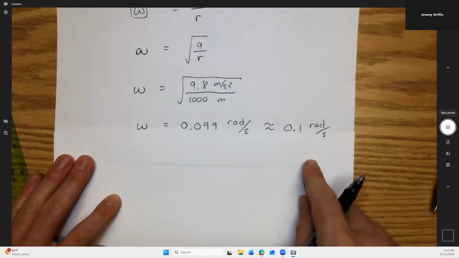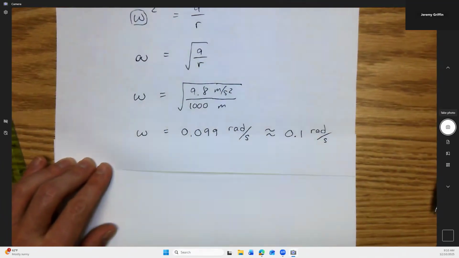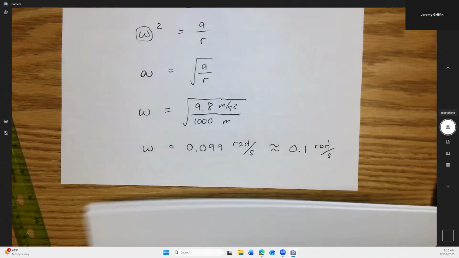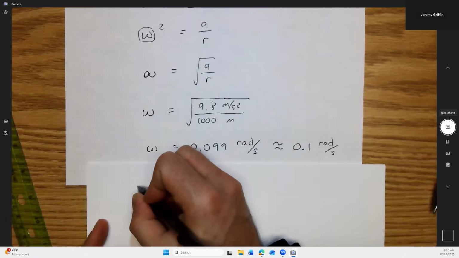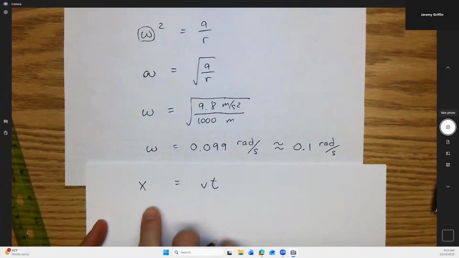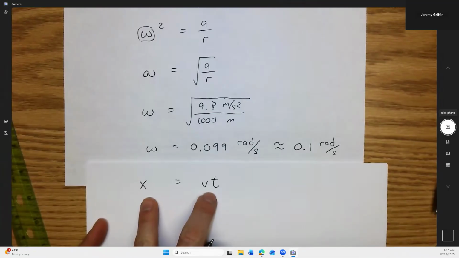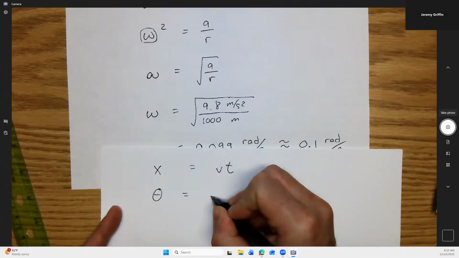If it's rotating that fast, I wonder how much time it takes to rotate all the way around once. Let's do that. How much time would it take? Can you guys go distance equals speed times time? You guys know that, right? Distance equals speed times time. What's the angular version of this? Theta equals what? Omega